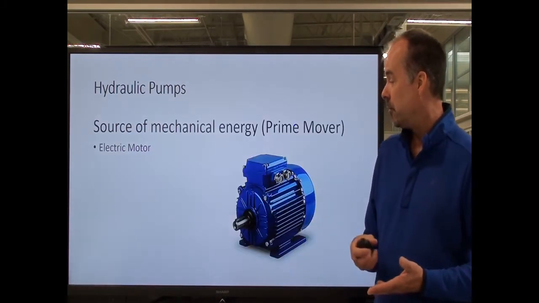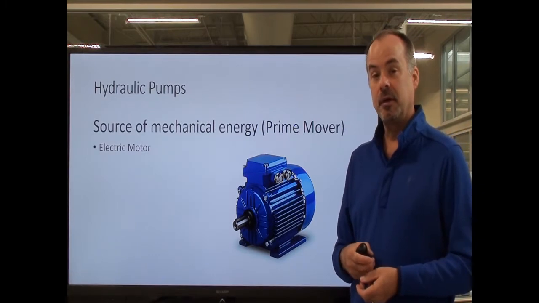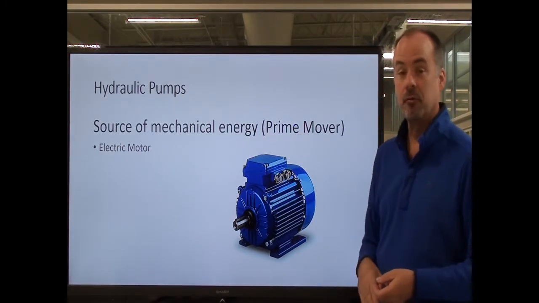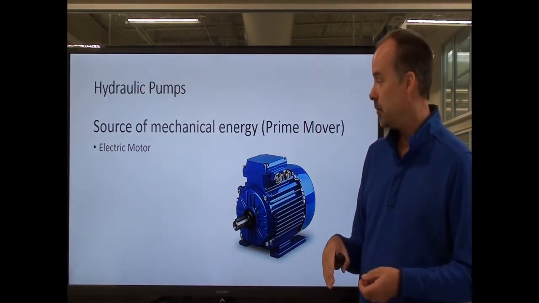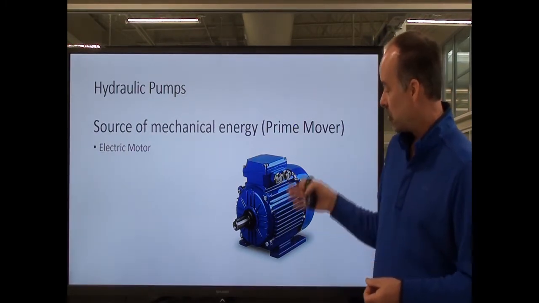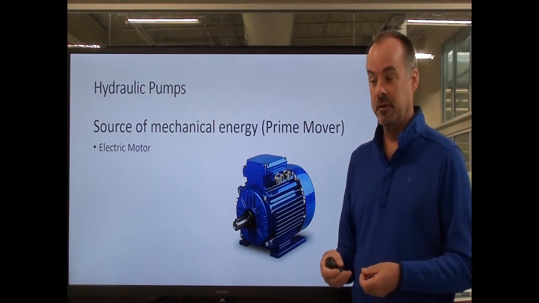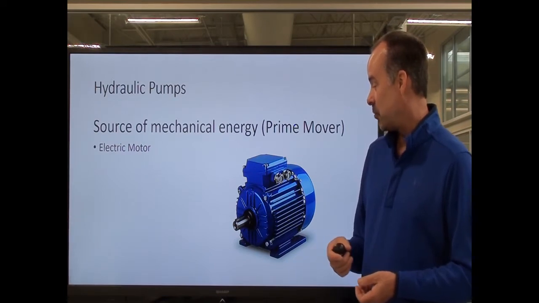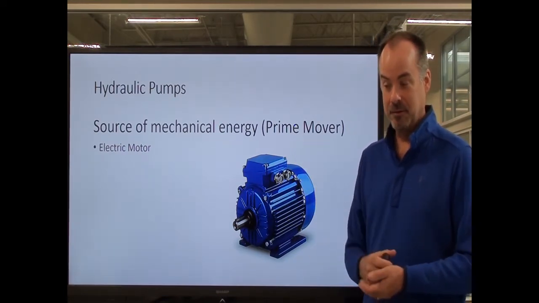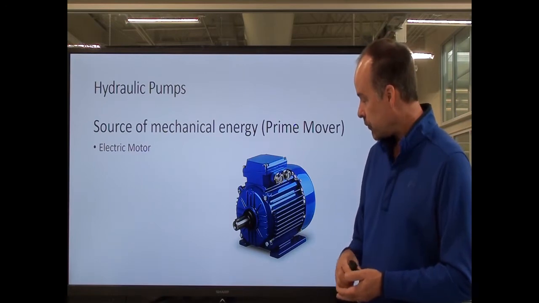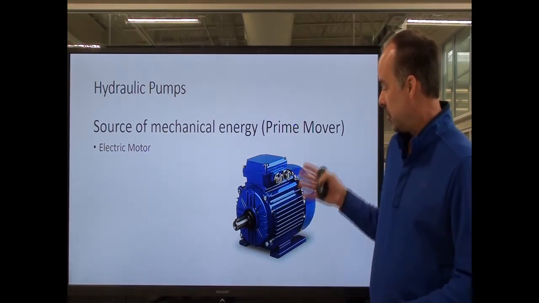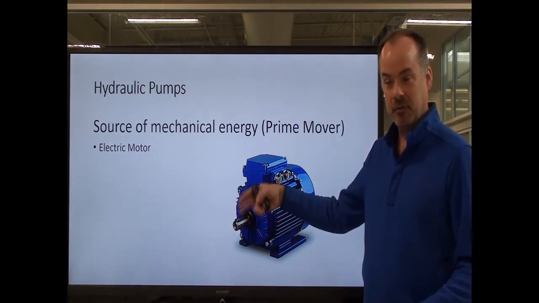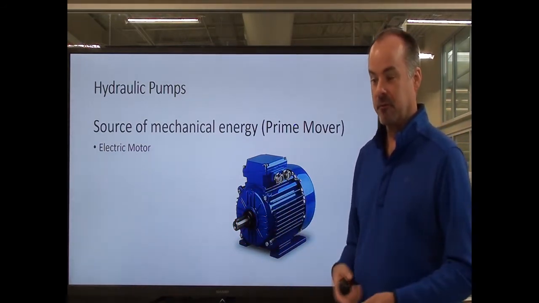So by that definition, we have to have a source of mechanical energy. There are 2 different types that you'll find typically in an industrial environment. These sources of mechanical energy are also known as a prime mover for a hydraulic pump. The first type is an electric motor. You've seen these in several different locations. You've probably worked with some in your labs here in the AIT lab. Basically, you have an electric motor, and the pump is attached to the shaft,